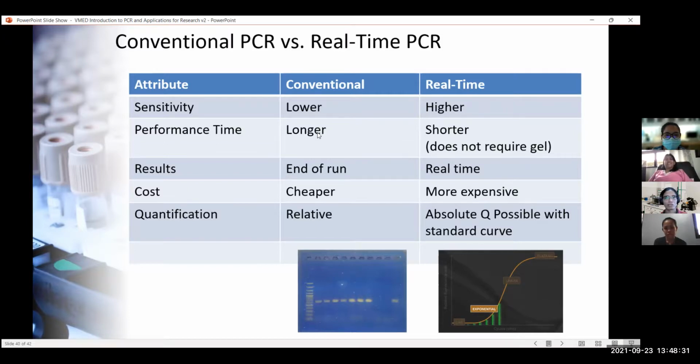For performance, obviously, because you need to do the gel, conventional PCR is longer. The results, you'll only see at the end of the run for conventional PCR. Cost is cheaper for conventional rather than real-time. Quantification is relative only for conventional PCR, but if you have standard curves, you can do absolute quantification for real-time